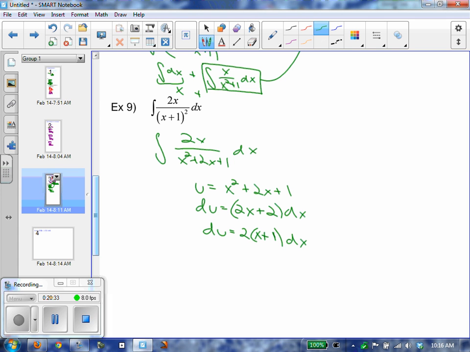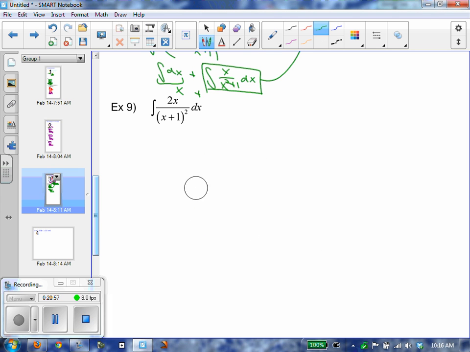Let me try real quick. What if we just let the bottom be du on its own? Or I'm sorry, let the bottom be u and have to chain rule it. X plus 1 squared for u? Or just x plus 1? Let's let u equal x plus 1. Yeah, so du would equal dx. So I didn't really get any help there, but I now have this as being a u